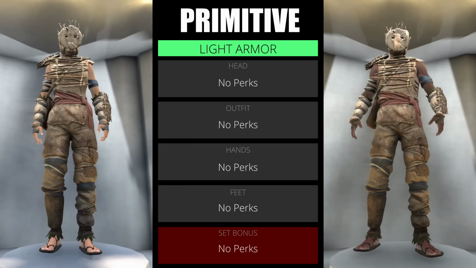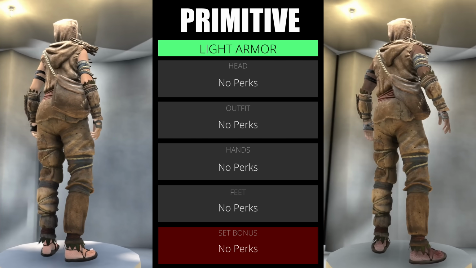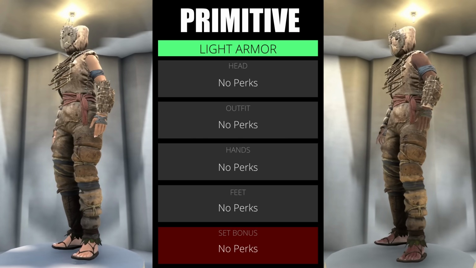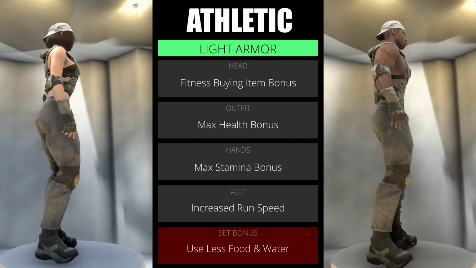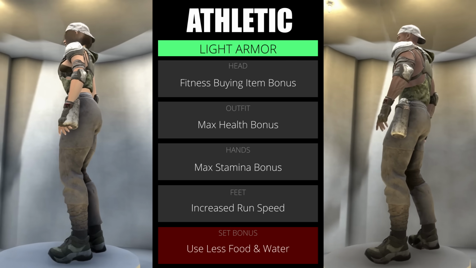The first one we're going to get access to is the primitive armor. It doesn't have any perks per se, but it will give you some damage mitigation in combat. It is considered a light armor. The next one that we have is the athletic armor. This one is focused around fitness buying items, maxing out health and stamina, increased run speed, and reducing food and